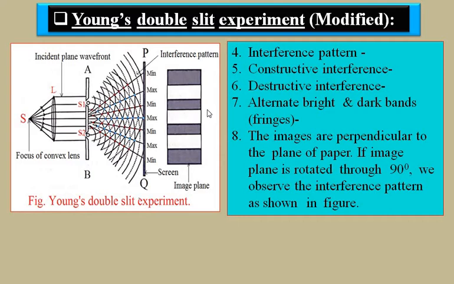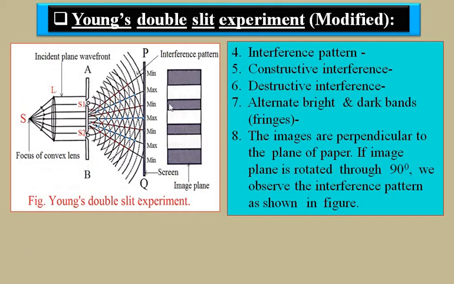And in the case of destructive interference, the crest of one wave coincides with the trough of the other wave, or the trough of one wave coincides with the crest of the other wave, and due to this we get minimum amplitude. Minimum amplitude means minimum intensity, because I is directly proportional to A squared, that is, intensity is directly proportional to the square of amplitude. As the amplitude becomes minimum, intensity also becomes minimum, and the minimum intensity gives the dark point